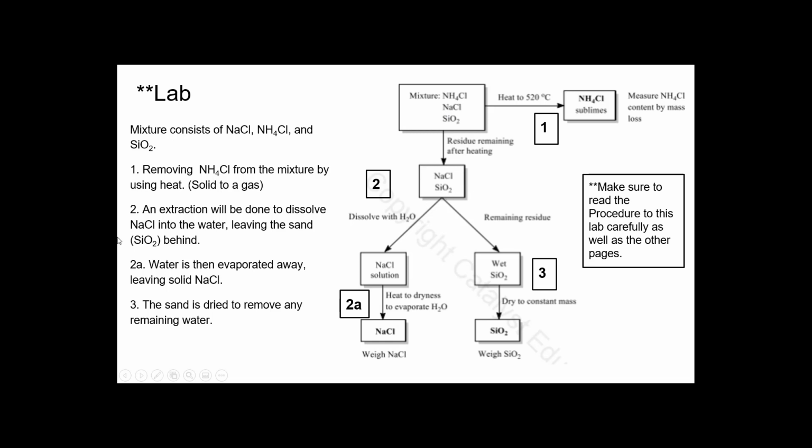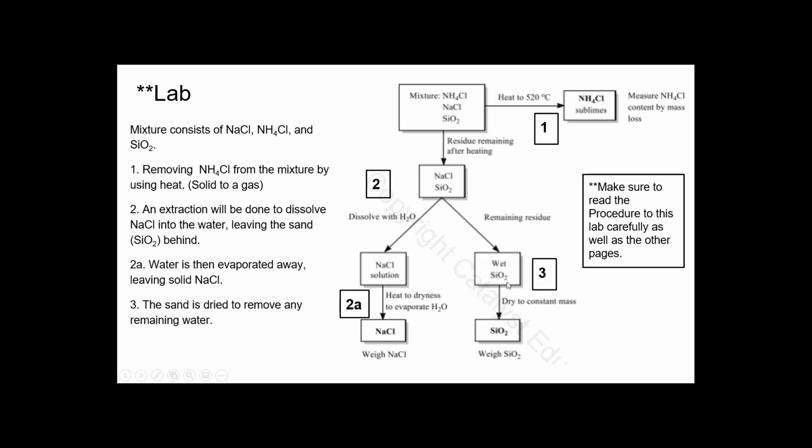The second is an extraction. You're going to separate these two. How do you do that? You do that by adding a certain amount of water, and that is going to pull the sodium chloride away. It's going to leave the sand, and you're going to have sodium chloride. You are going to evaporate the water away, and when you have dry and cool sodium chloride back as a solid, you'll weigh that. And then on this side, the wet sand is what's left over,